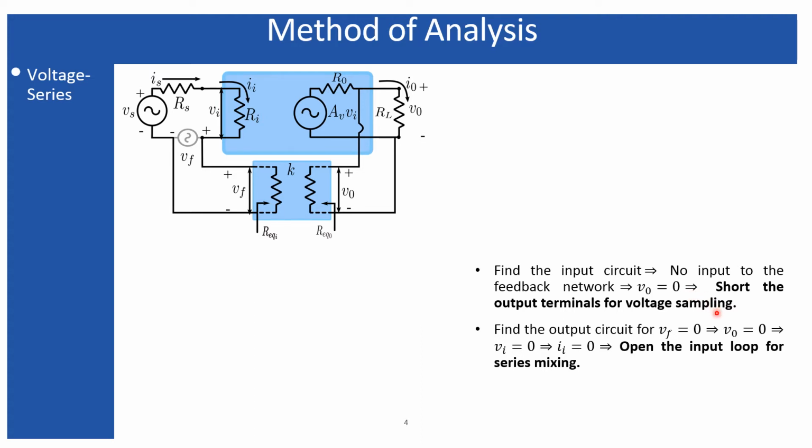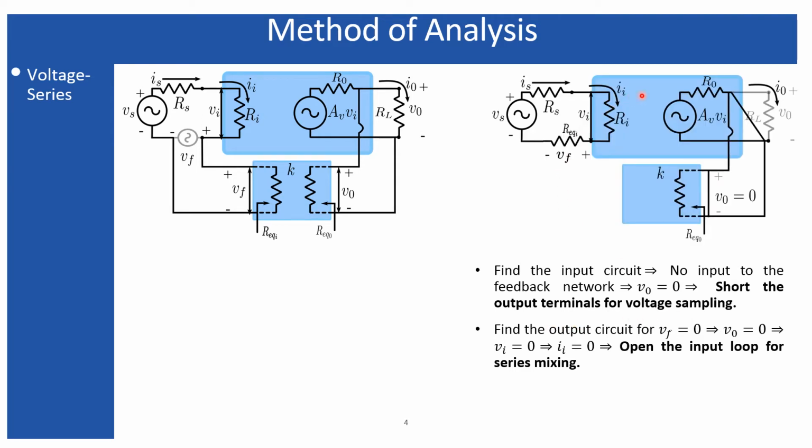you always have to make the output terminal or output voltage 0 in order to apply V naught equals 0 to the input of the feedback network. So that is why you short the output terminals for voltage sampling, and this will be your circuit. When you are shorting the output terminals, V naught is 0, and the equivalent impedance looking from this terminal for the feedback network will now be incorporated